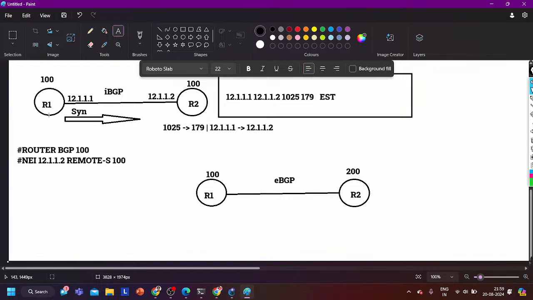And again, in the hello message, like in OSPF we have a hello message, we'll see what messages we have in BGP. But again, in BGP, both routers are going to match some parameters. Like here, you have defined what? Remote AS 100. So when router 2 receives the BGP message, there will be the AS number of the neighbor. If this AS number does not match, then neighborship will not form. So these are what? Parameters.